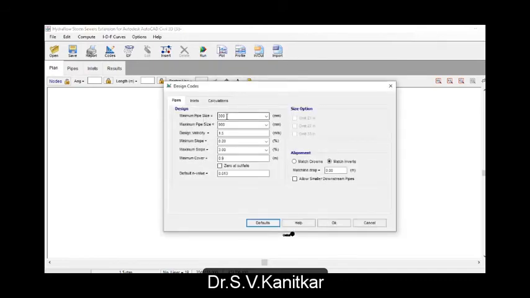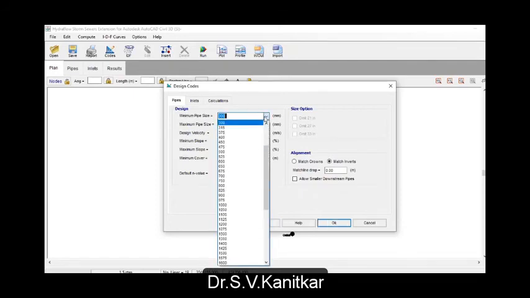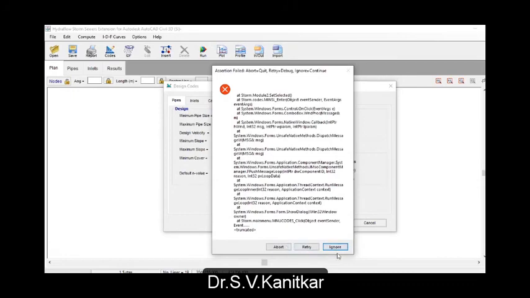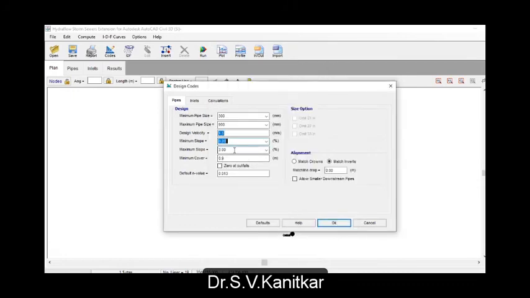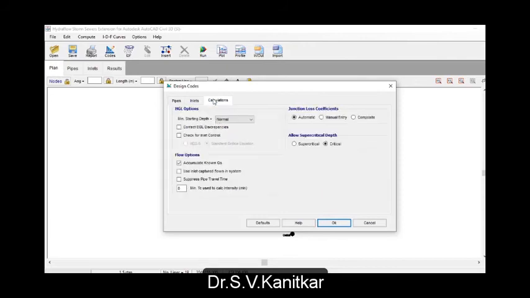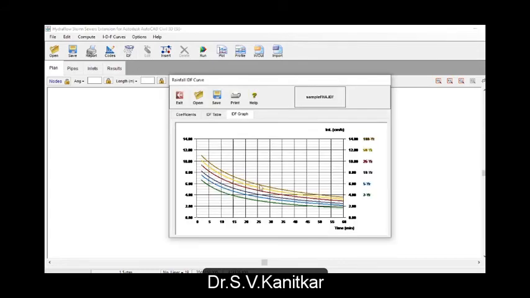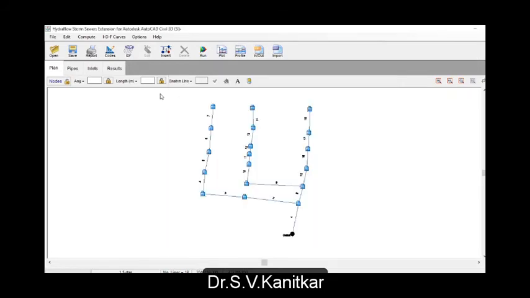That means how much the minimum pipe size should be. You can select from all those lists what the maximum pipe size should be, how much design velocity you are specifying, and maximum slope, cover, and likewise all Manning's constants you can specify. Similarly, how the calculations are going to take place. So all other hydraulics details can be manipulated over here. Now once you do that and you add this IDF curve which you have designed, you put it in over here. So now it will design.